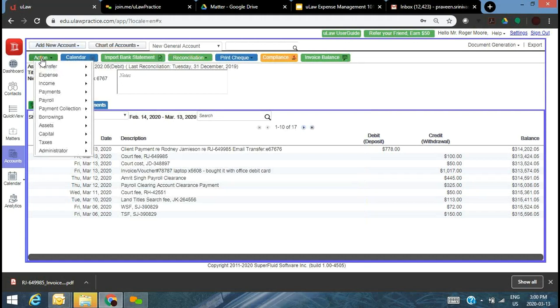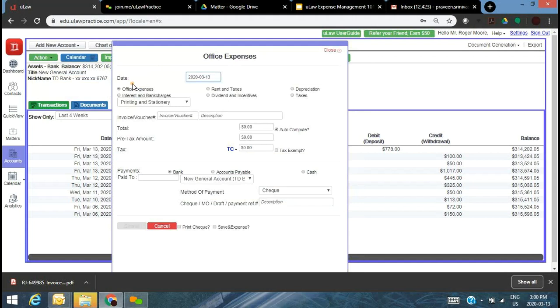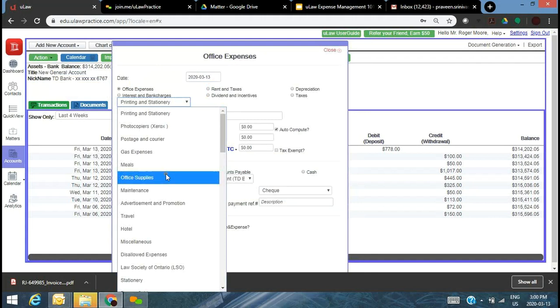Or if, let's say, limited transactions occurred in a month, you want to capture it right away, you can just go ahead and say office expenses. And let's say on the same day,